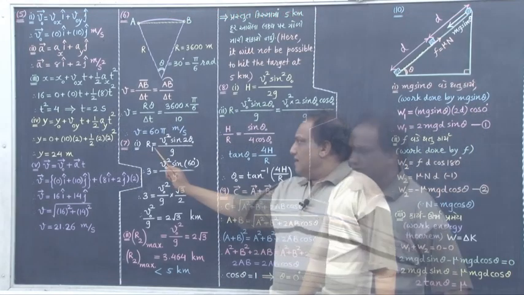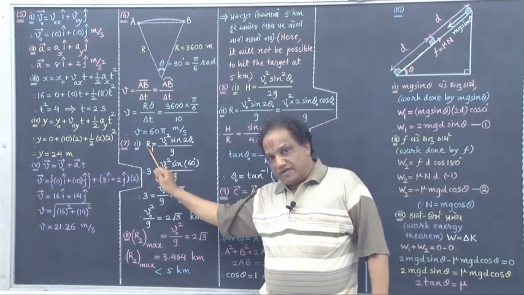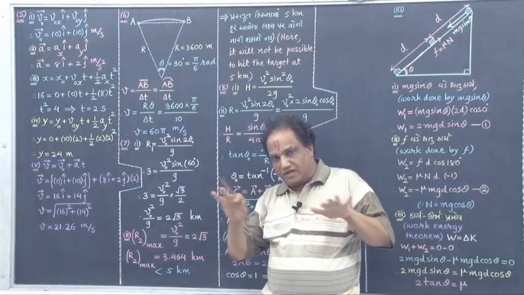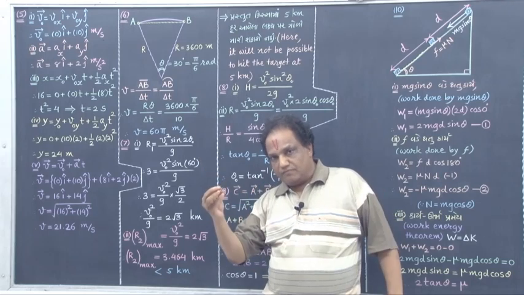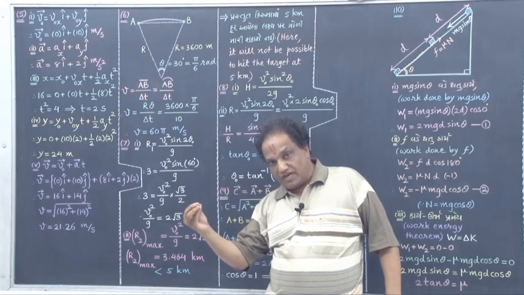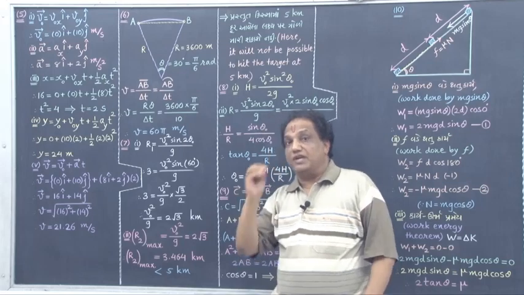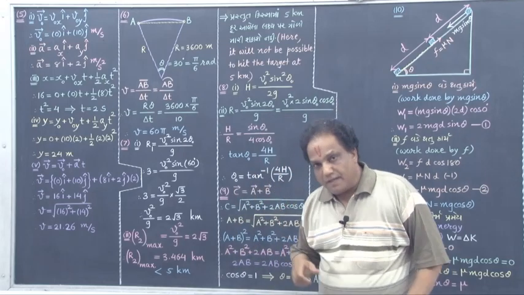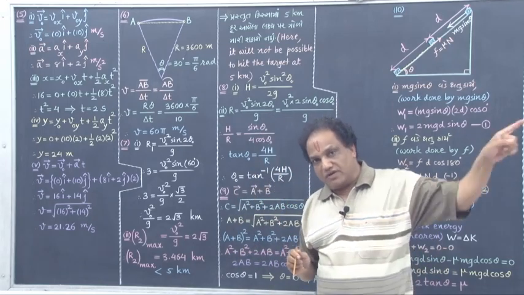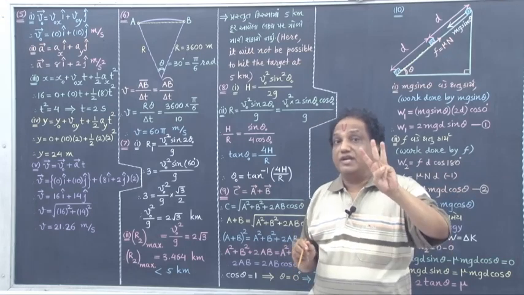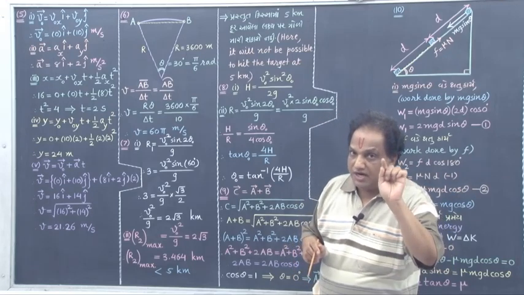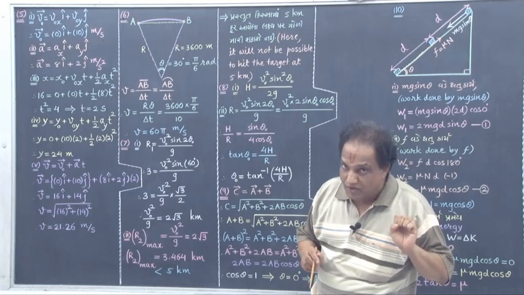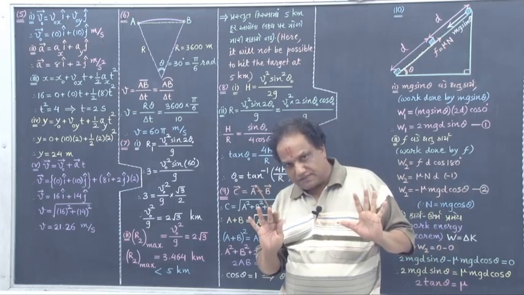Read it. Look, what is given to us in the statement is that from the ground, from some position, a bullet is fired with some initial velocity. That bullet can cover a horizontal distance of 3 kilometer. In short, its range is 3 kilometer. It is so given to us.